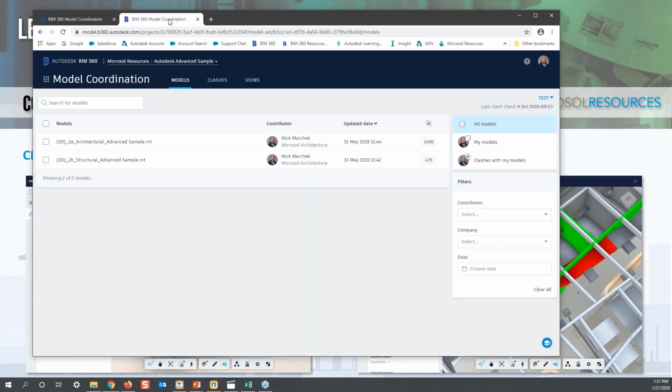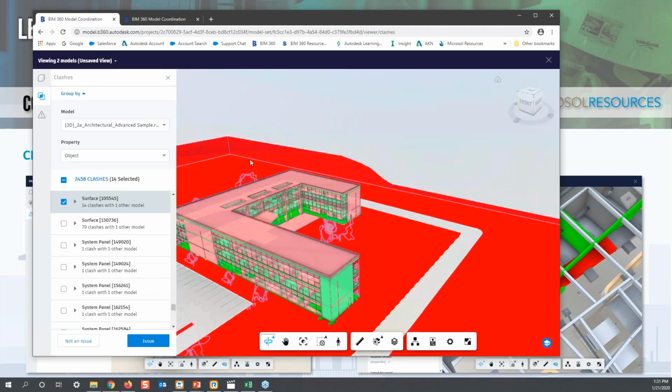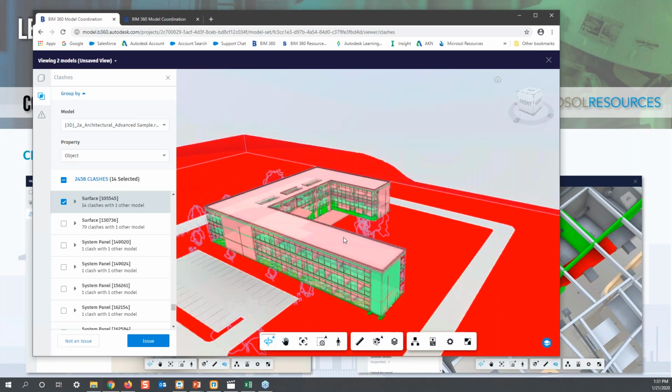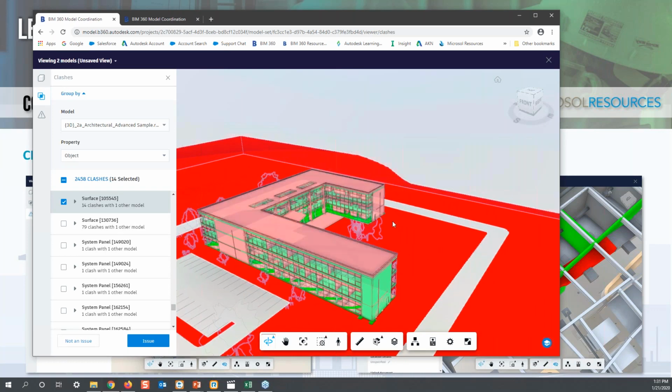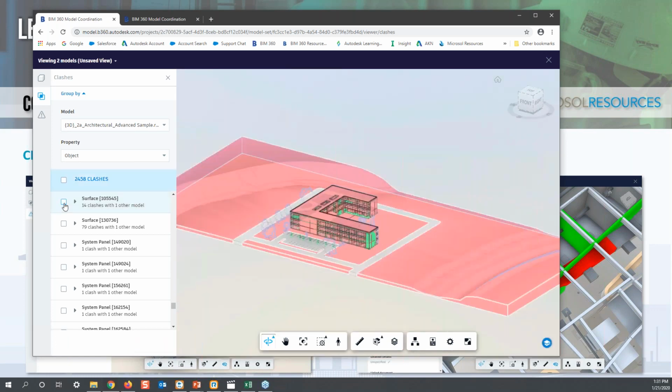So if you're in the BIM 360 website, this is what it looks like. We'll see a couple more slides like this. But basically, in the model coordination tab, here I have two models loaded up together. And what I can do is select these and click on view. Now I'm not going to do this because I already have it loaded up in another tab. So once I click view, I'm going to get this result here with those two models combined to each other, and then everything color coded, and we can start to explore specific